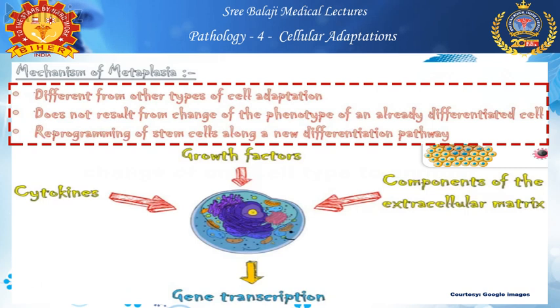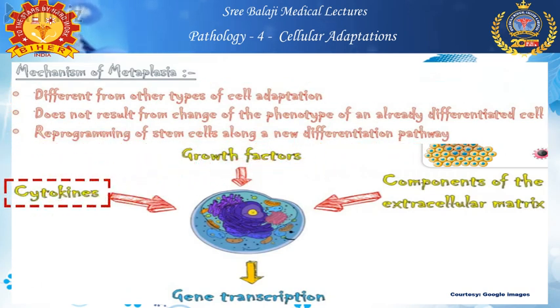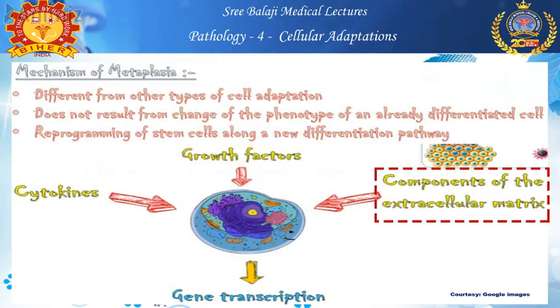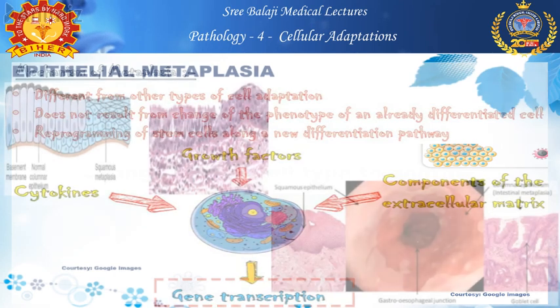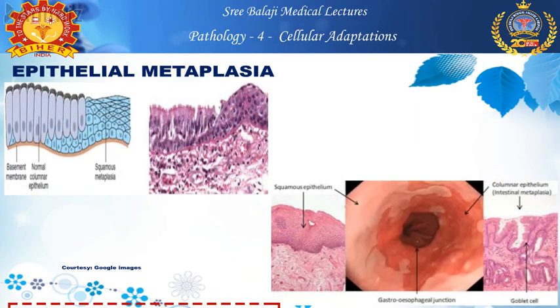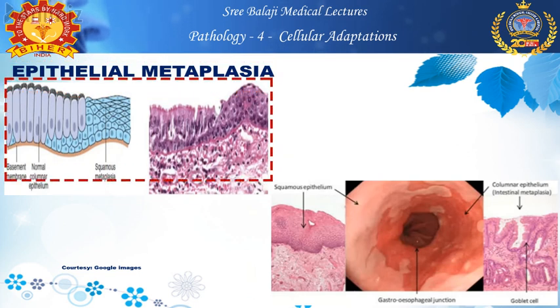It is a reprogramming of a stem cell along a new differentiation pathway from an external stimulus, basically from cytokines, growth factors or extracellular matrix components, which leads to gene transcription. The best example for metaplasia is epithelial metaplasia. The two pictures depict